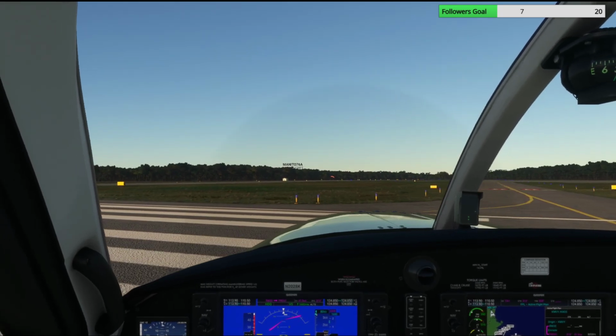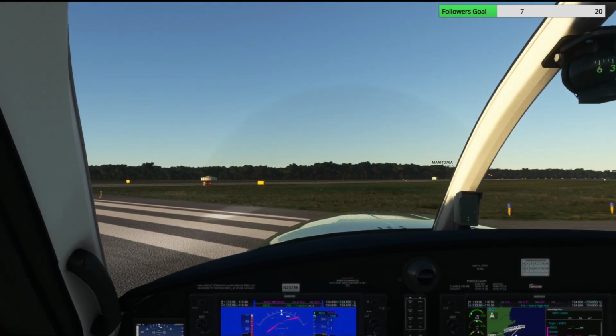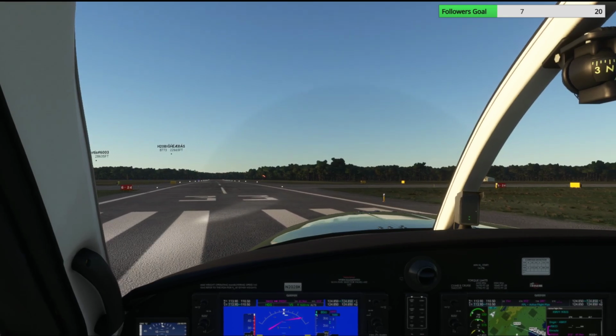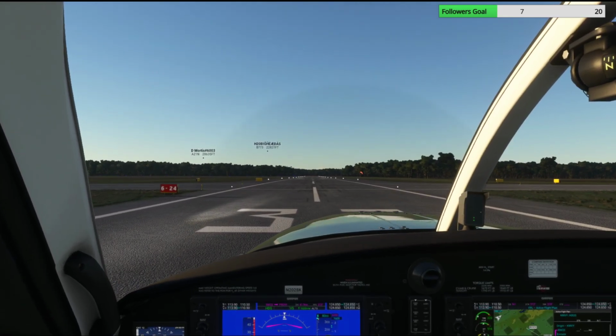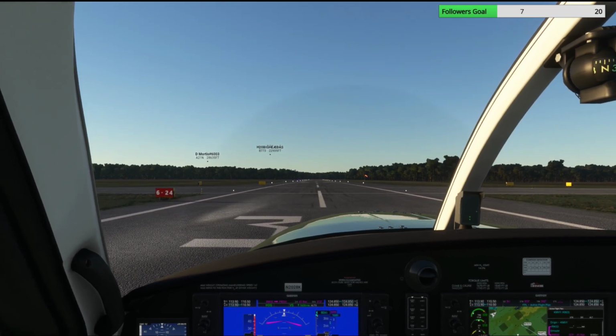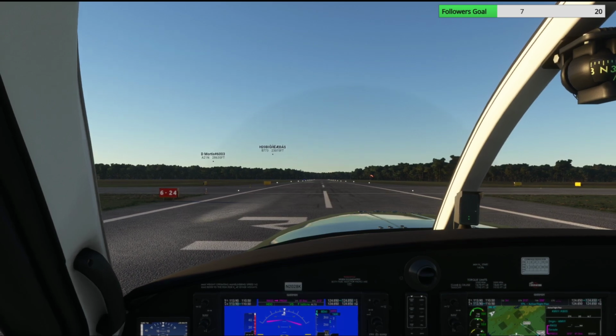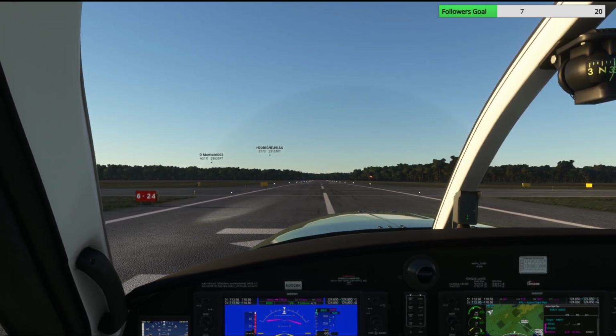Okay, strobes can come on, taxi light off, landing lights on. I forgot that on the checklist. I really need to keep that checklist next to me. We're not gonna waste too much space on the runway. We are lined up. We're gonna increase our power, making sure our RPM ITT is on normal,